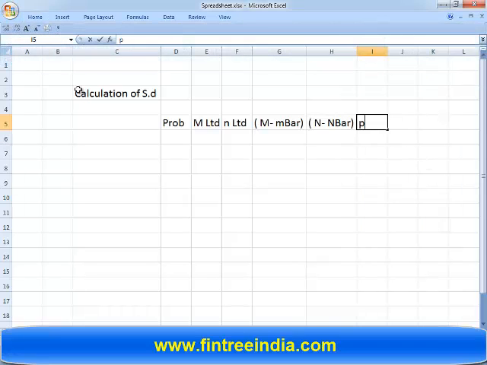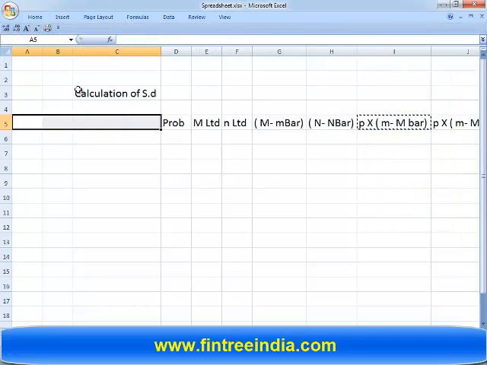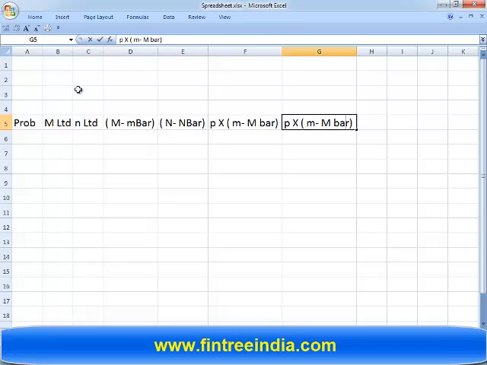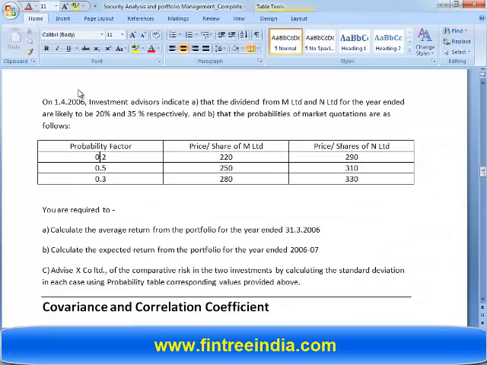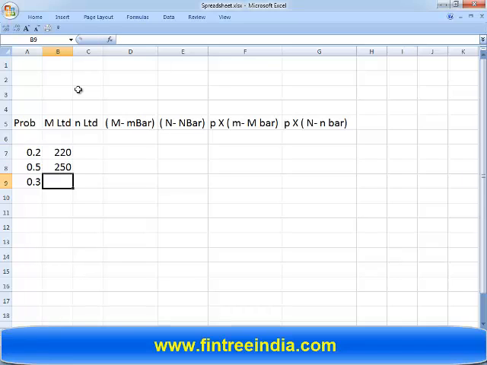Once you have that, then you will say P multiplied with M minus M bar and P multiplied with N minus N bar here. Okay, so let's first write down the probability: 0.2, 0.5, 0.3. Then expected value of M: 220, 250, 280. So below this we will solve for M bar. We'll say mean value is equal to